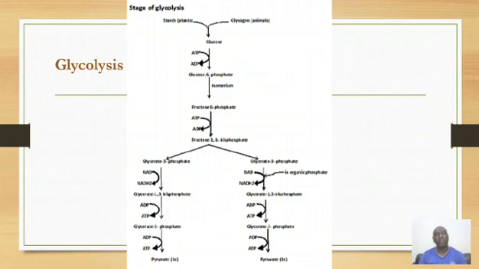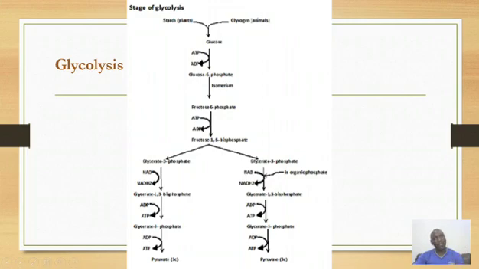Glucose is phosphorylated by addition of a phosphate molecule from ATP, forming ADP and glucose 6-phosphate. Glucose 6-phosphate undergoes isomerization, forming fructose 6-phosphate, which is further phosphorylated. An additional phosphate molecule is added. The phosphate is from another ATP molecule, forming or liberating ADP and fructose